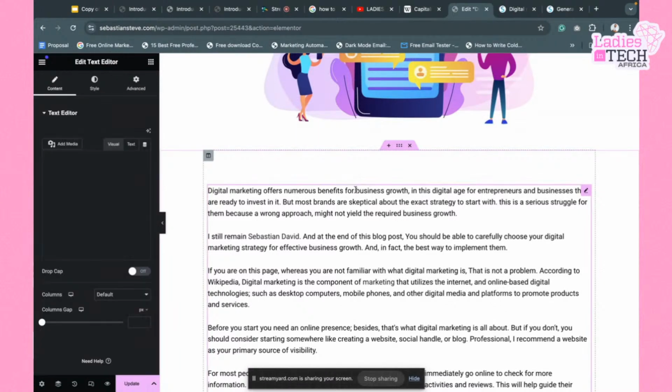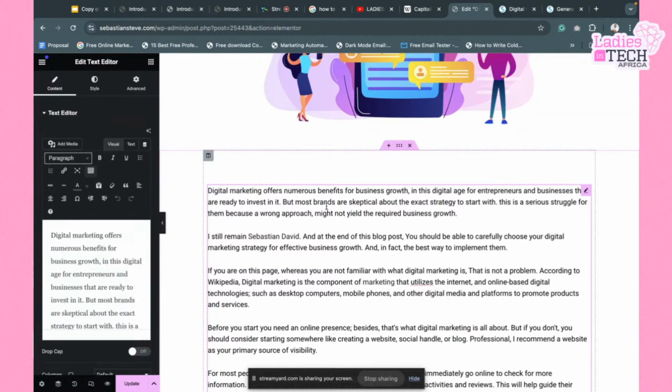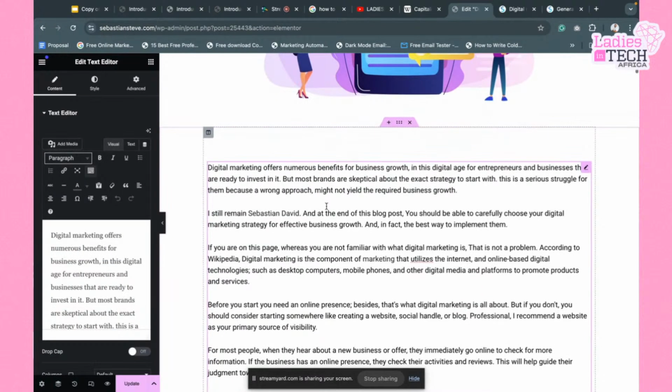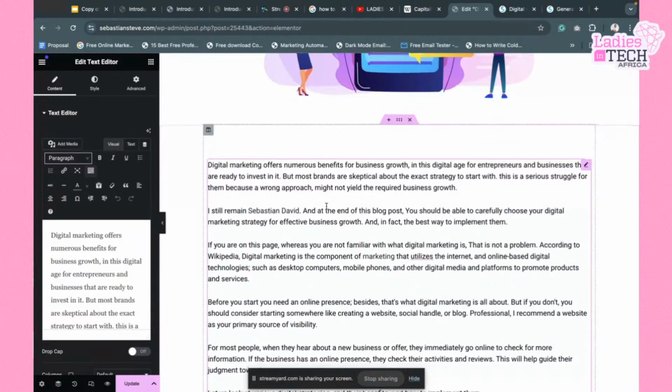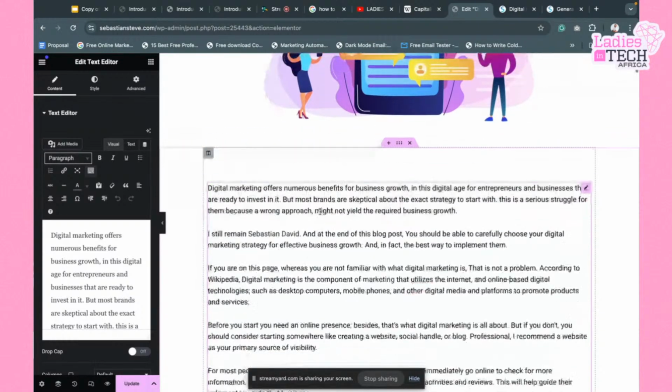I have business growth here, basically. So now this is me strategically placing business growth, which is my focus keyword, in my articles. And it's important that you don't stuff them. Now, why it's here is because this is the introductory part of my article. So that's why I want to ensure that my keyword is found in the introductory part of my article,